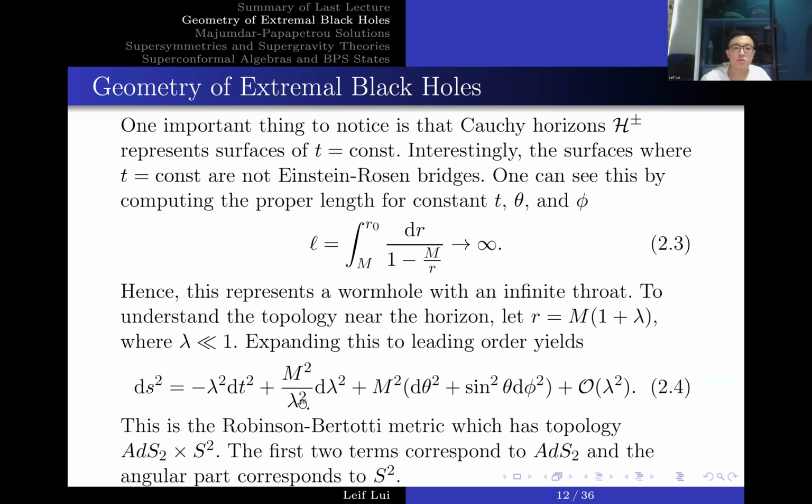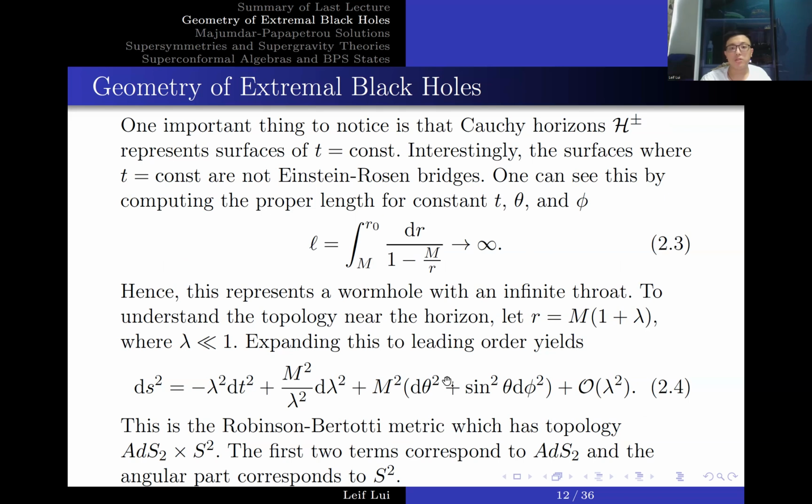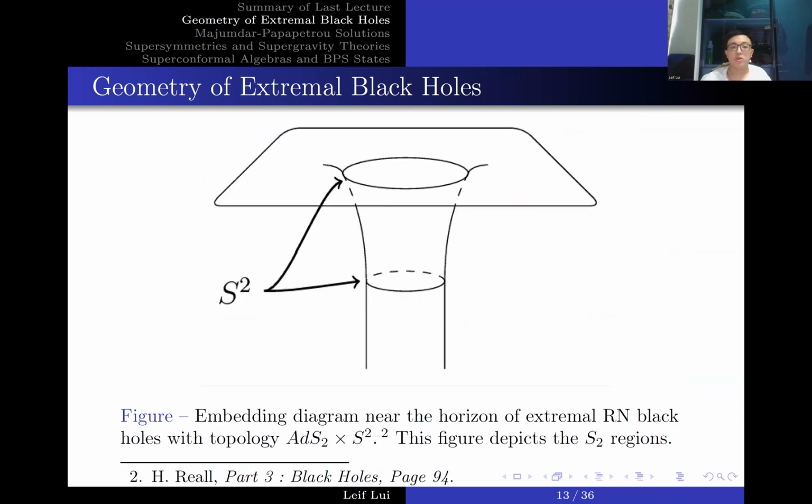And we can see that these two terms correspond to AdS2, as this term is very similar to that of this term here. It's very similar, right? So this term corresponds to the S2 region, and this term corresponds to the AdS2 region. And we can see this on an embedding diagram. So these two regions represent S2, and this is the event horizon region, and this is the region inside the